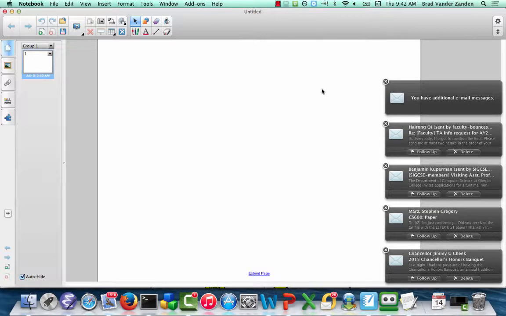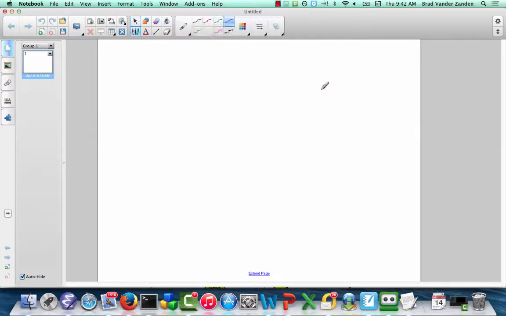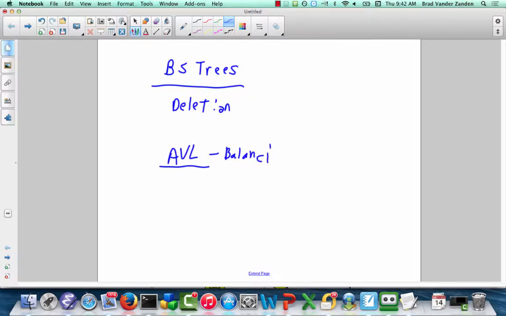Okay, let's get started today. We are going to be finishing up with binary search trees today, and then we're going to be going into AVL trees. So what we're going to be doing with binary search trees is we're going to be considering the deletion operation, and then with AVL trees we're going to be considering what are called balancing or tree balancing operations,